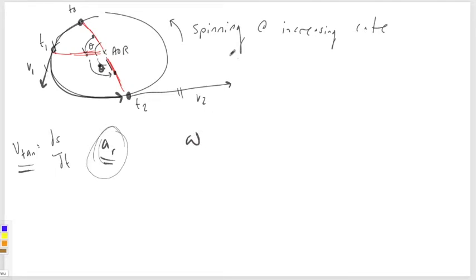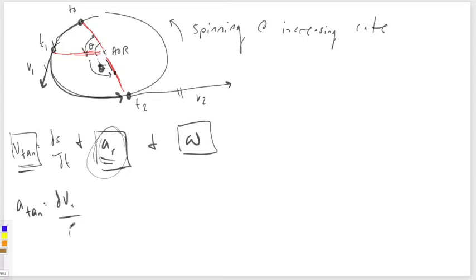But now that my rate of spin, my rate of rotation is increasing, not only do I have tangential velocity, radial acceleration, and angular velocity, but now I also have tangential acceleration, which is going to be the derivative of